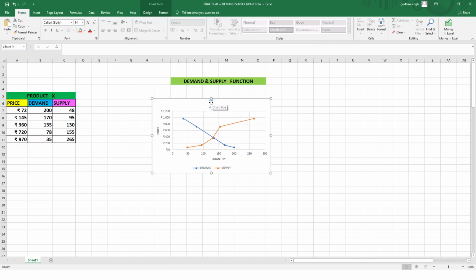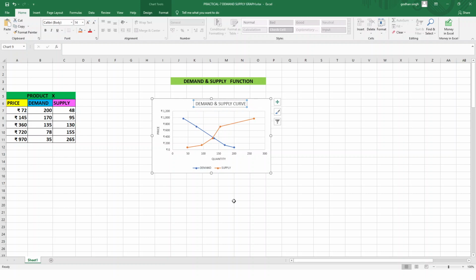That depends on you, but I will be writing here demand and supply curve. So this is the heading, and just we'll shift it somewhat this side.